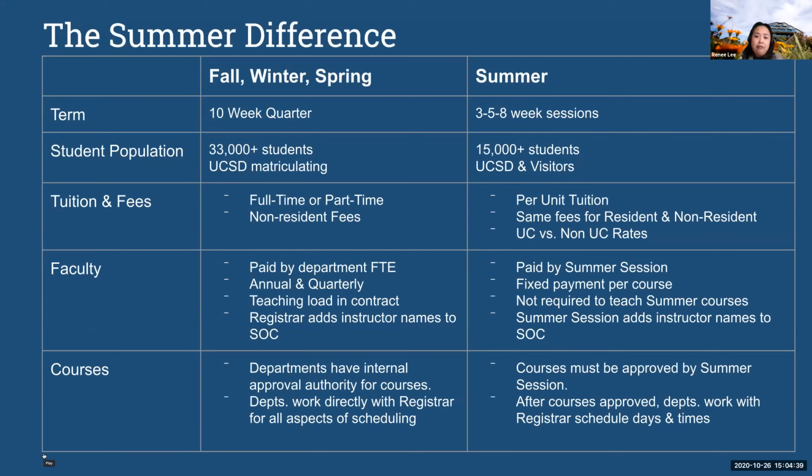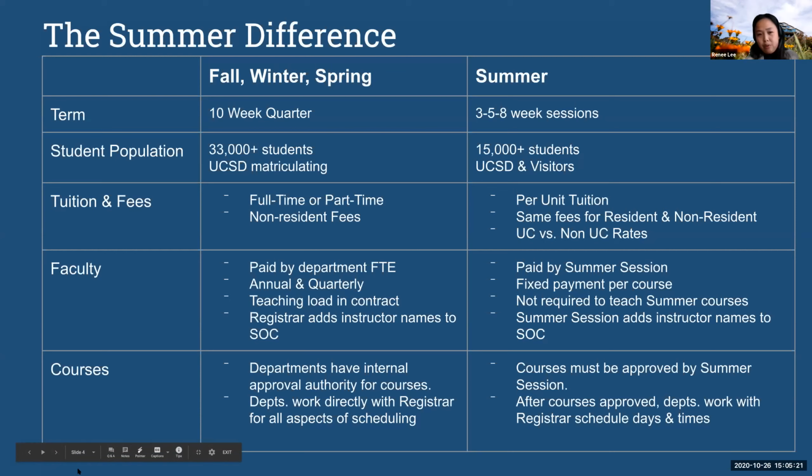And we serve about half of the student population. Before this past summer, we used to serve about a third, but because of going remote, we've increased that capacity to be able to serve about 15,000 students this past summer. It's really impressive. Besides our main UCSD students, about 5% of the enrolled population are visitors. Those visitors could be from other UCs or other universities around the country, and also international and high school students.